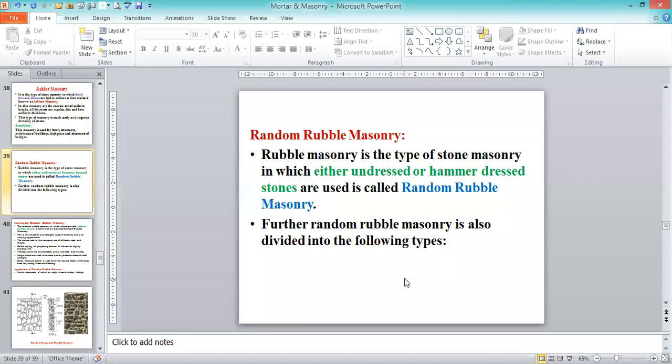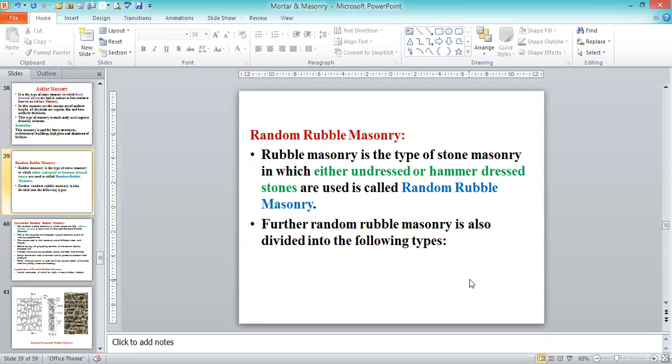Further, random rubble masonry is classified into coursed and uncoursed. Coursed means we put the stones in an appropriate manner, as headers or stretchers. Uncoursed means that sometimes we keep them widthwise, sometimes lengthwise, in any direction and any length. Coursed means a systematic manner: throughout the layer, throughout the length or width, stones are provided lengthwise or widthwise in a proper direction and proper thickness. That is called coursed masonry in general.